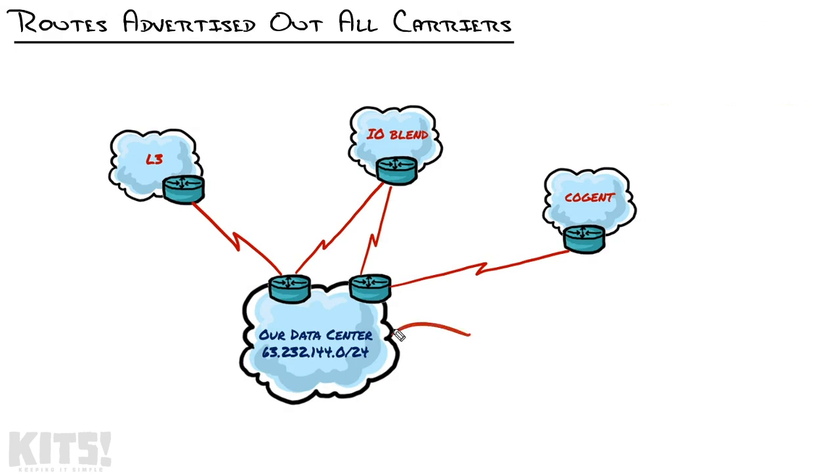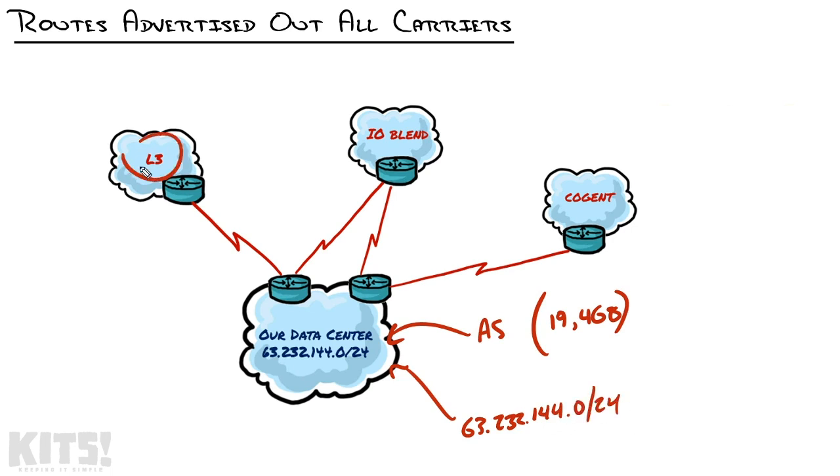And as it stands right now, we have our autonomous system. Specifically, it's autonomous system 194068. And inside of that autonomous system, we have attached the public subnet 63.232.144.0/24. A subnet originally assigned to us by Level 3, used to be called CenturyLink, and granted through both a